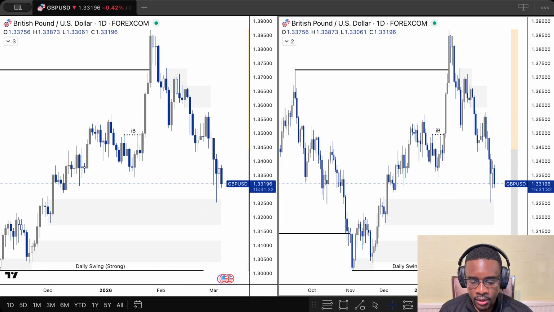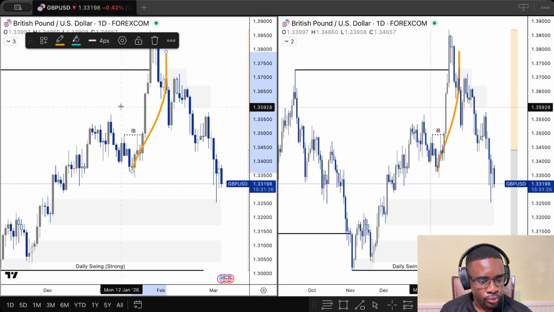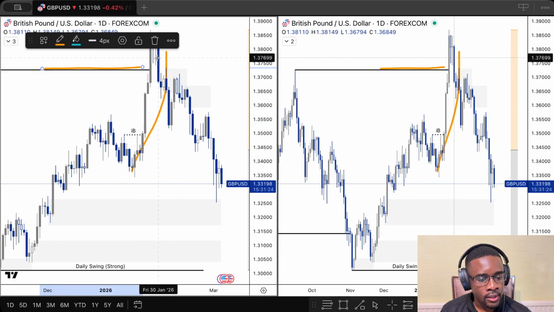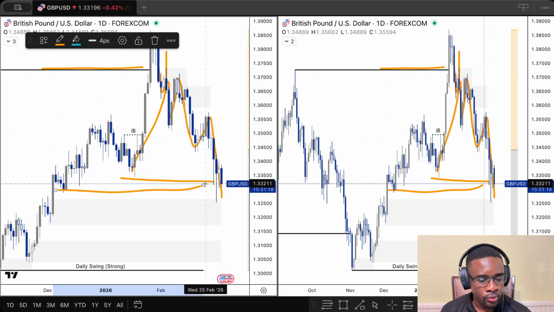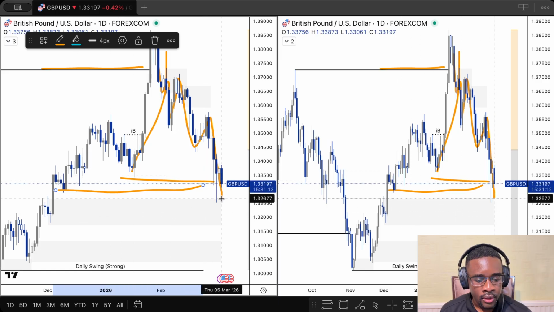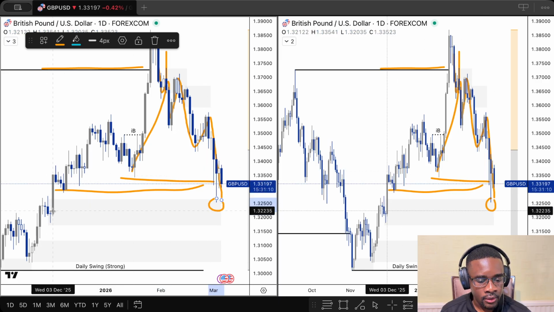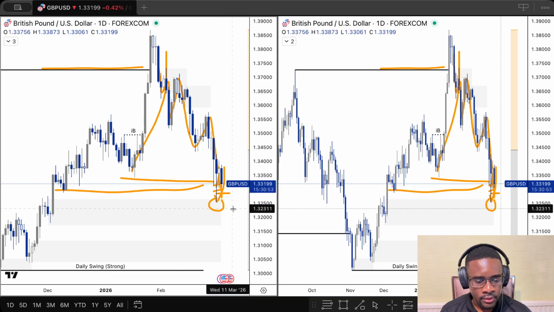So as we can see from the daily on the Euro USD, we've had this bullish push. We broke structure to the upside, and now this has been a pullback, and the pullback is continuing. And then we've been eliminating all these areas of demand along the way. And then we've come to this demand area that was unmitigated, that was fresh, and we've had a decent reaction. And yesterday I did manage to catch a long trade from there, and then of course now it looks like it's continuing